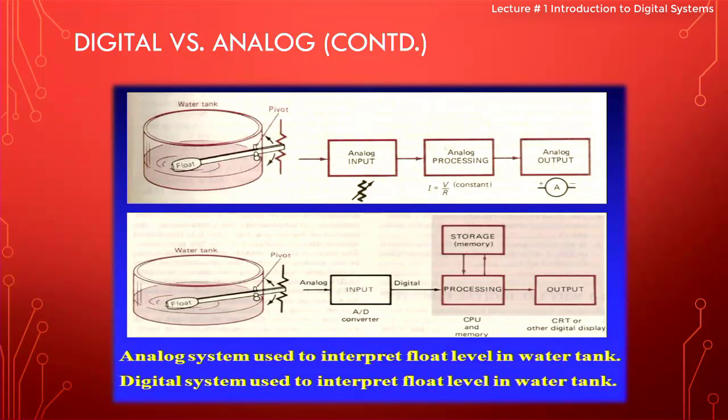The next example of the digital analog system. The one at the top is the analog. So this is the water tank level detector. As the water level goes down, you have this resistor. The resistance also goes down. And we're basically just applying Ohm's law. If the resistance is going to be smaller, the current is going to be larger. So at the analog output, you'll see the ammeter needle going towards the right because the current is increasing as the resistance goes down.